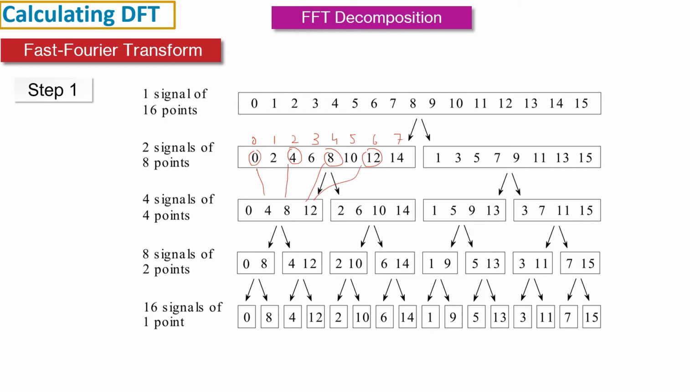And the odd ones 1, 3, 5 and 7 go to this one, right? So this is how the sample numbers are. We have even sample numbers in one part of the decomposed signal and odd in the other one. Similar is for this case. So this is now 0, 1, 2, 3, 4, 5, 6 and 7. So the even ones are going here, and odd ones are going in